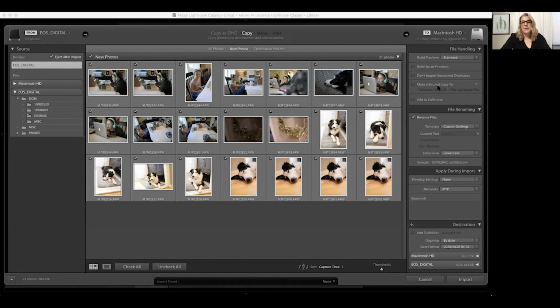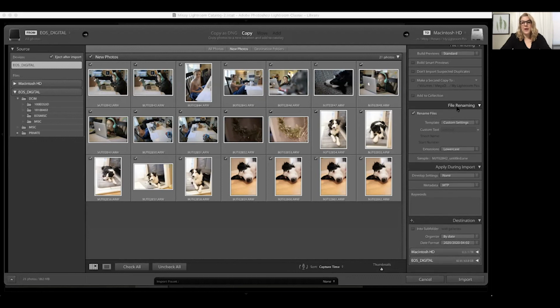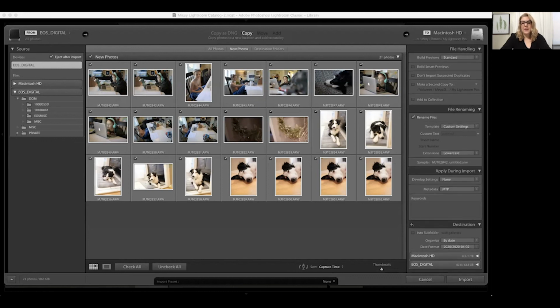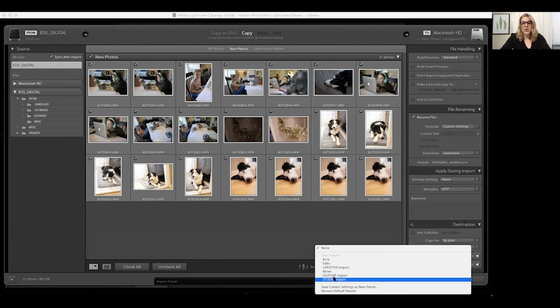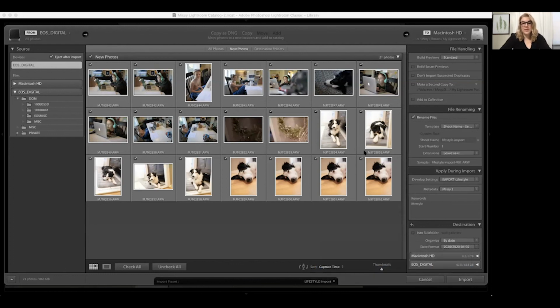Go ahead and look at the right side, and you'll see there's file handling, file renaming, apply during import, destination. And then down here at the bottom is import preset. I have created for myself all kinds of presets. Something you'll see consistently throughout Lightroom is that there are a million ways to automate things that you do all the time. So I'm going to pick lifestyle import